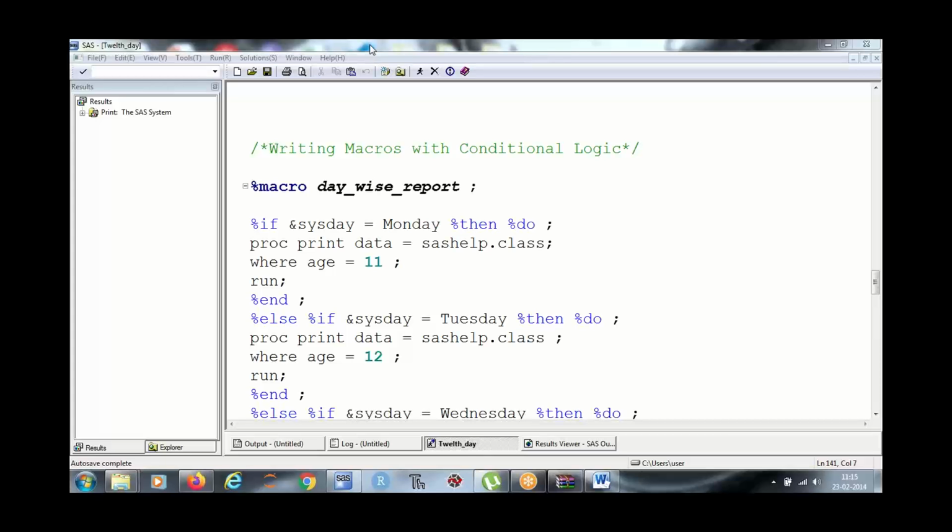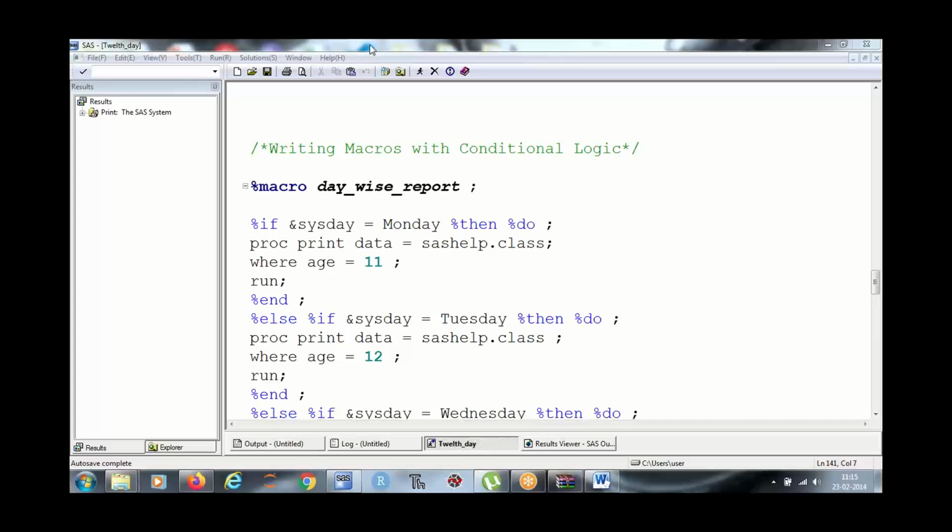Since Rupa, you were not present yesterday, let me help you with this. This date piece: there are some automatic macro variables which help you get certain information.